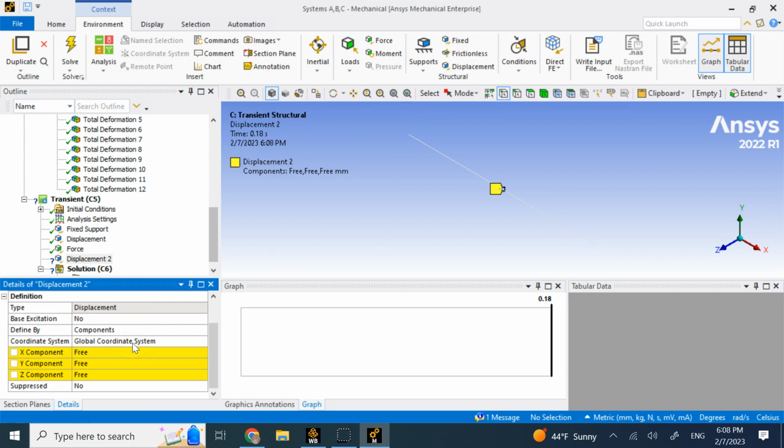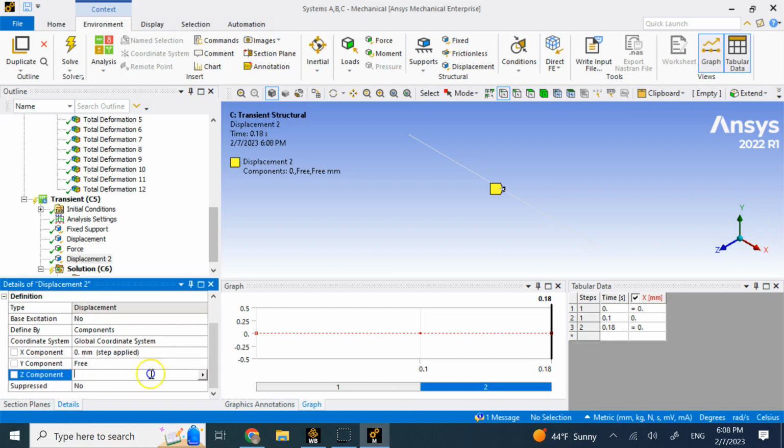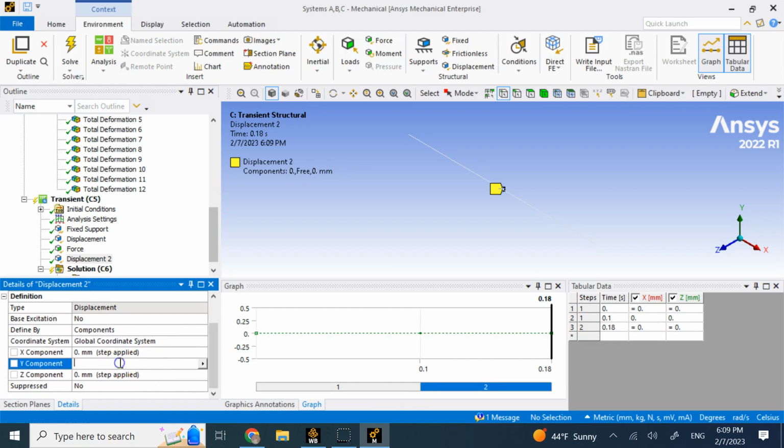And then what kind of motion do you want? You definitely want the motion to be along the y direction. You want x and z to be what? 0, right? Because you don't want any motion along any of those axes. So let me go ahead and kill those motions. Now for y, instead of providing a number, you want to provide a table. So here you go and say I want tabular